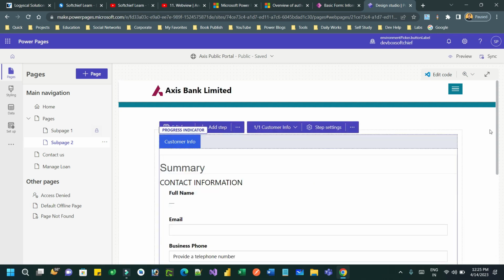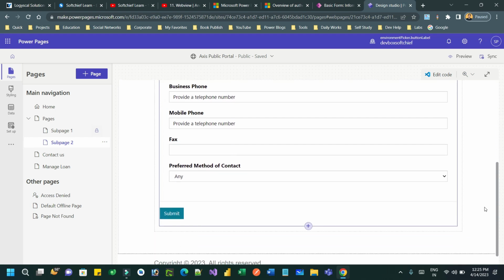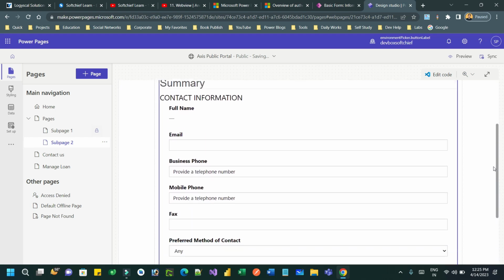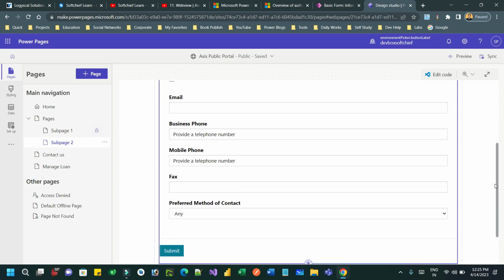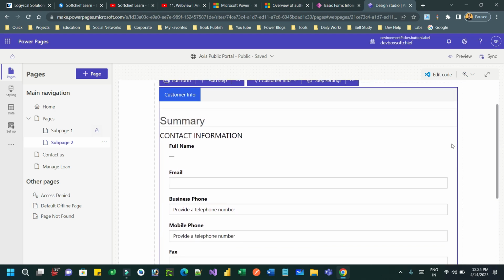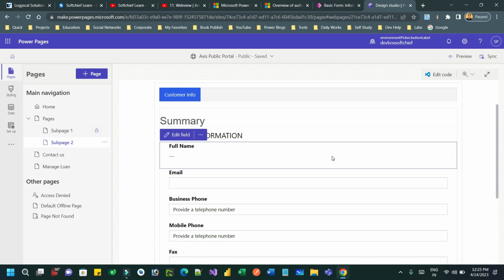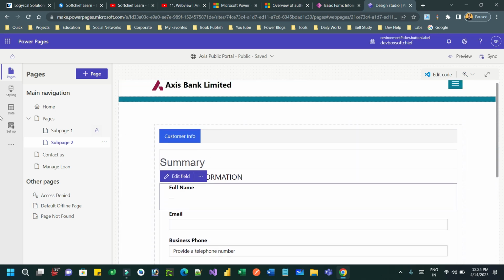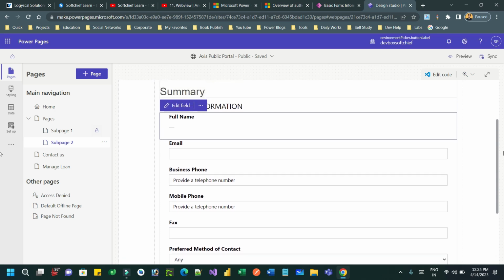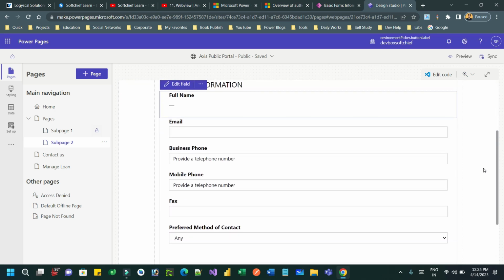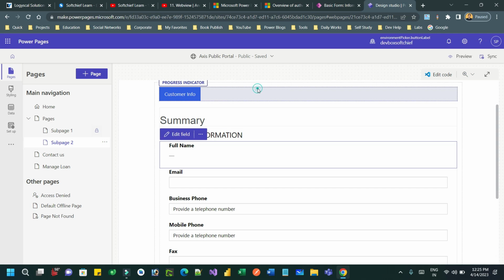Which will display the form that I have created: email, first full name, and business phone. All the information is displaying here, right? Now you can go to add another step. So click on this